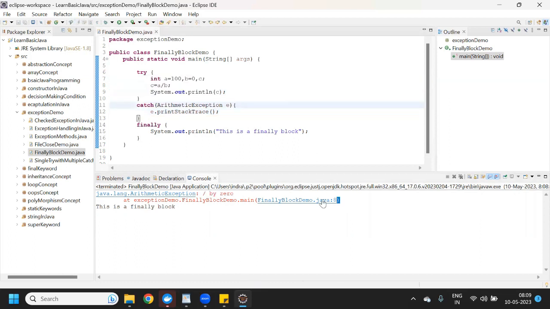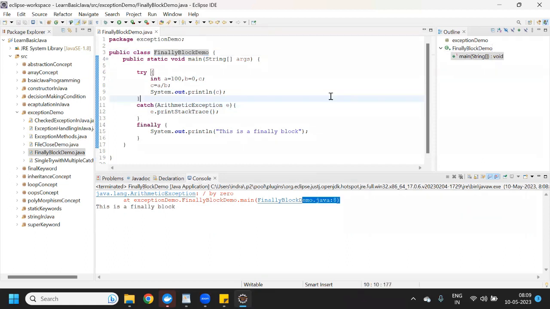And it is showing the line number of the code where the exception is occurring. In the class FinallyBlockDemo, in this class, at line number 8 the exception is occurring.